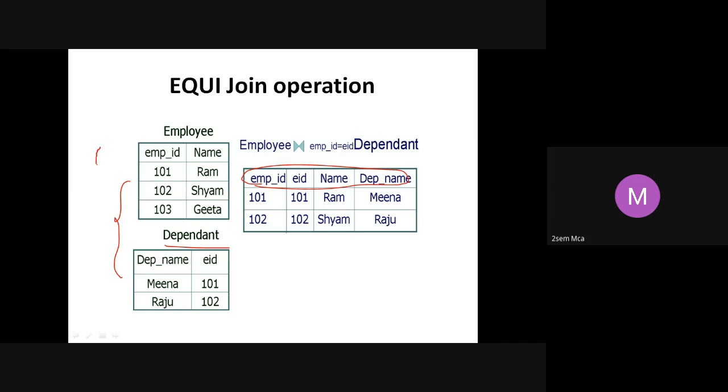But in Cartesian product, we got 6 tuples. Here we will not get 6 because we are representing a condition. Wherever this condition is satisfied, only those tuples will come. Employee ID is equal to EID. 101, 102. Both these are the same. Here also you have 101, 102. Wherever it is the same, look at the join condition. Whereas 103 does not match with anything, so that will not come. Two times it is appearing, is it not? We'll see why it is appearing twice and how it can be avoided. Any questions still here?